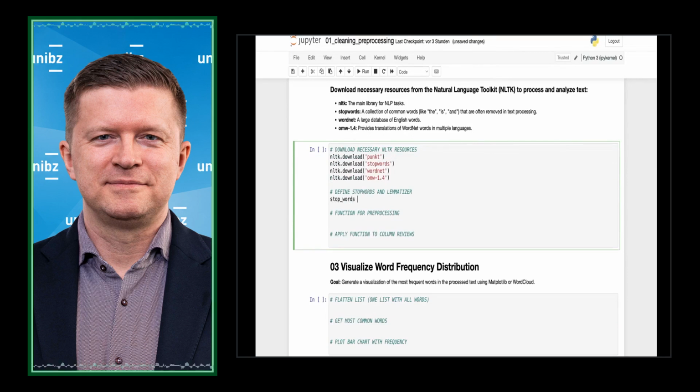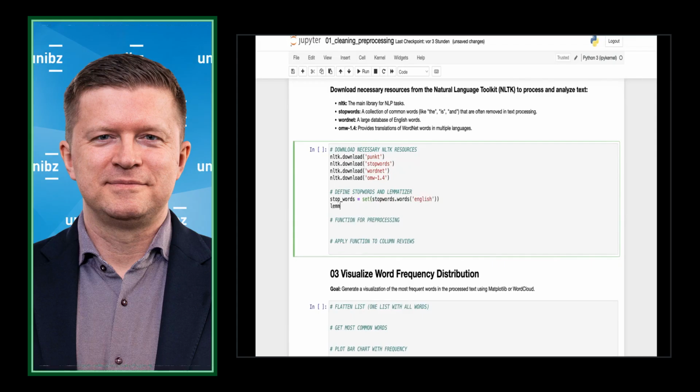Our stop words, you have to set it by calling .words. And it's English, the values are in English. And we also initialize the lemmatizer and save it in lemmatizer by calling WordNetLemmatizer.